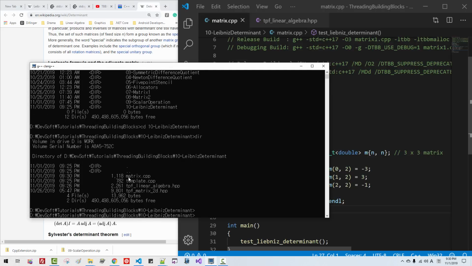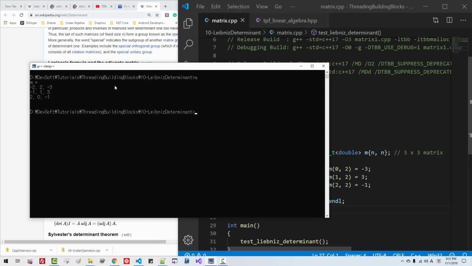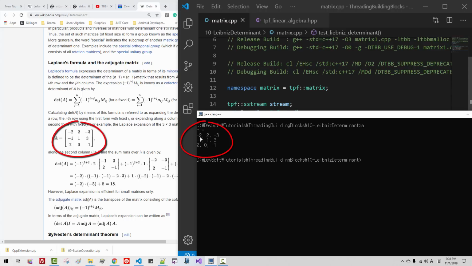We are compiling this matrix.cpp using clang++, std C++17, matrix.cpp, TBB malloc, hit enter, cls, a. So this is our matrix. Minus 2, minus 2, 2, minus 1, minus 1, 1, 3, minus 1, 1, 3, 2, 0, minus 1, 2,